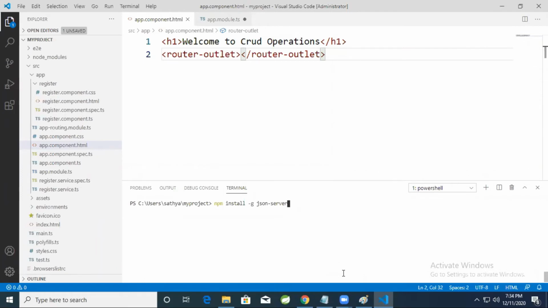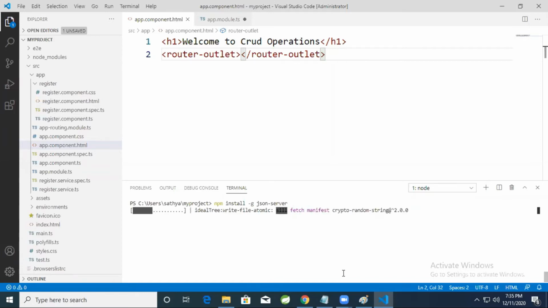The purpose of this command is, see, your Angular application will run in one server, and db.json is run in another server. Then automatically one database file will be generated. I'm just installing the JSON server.